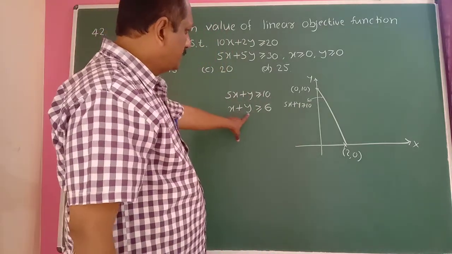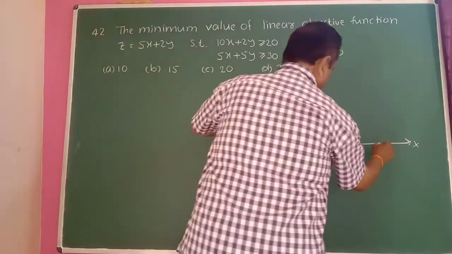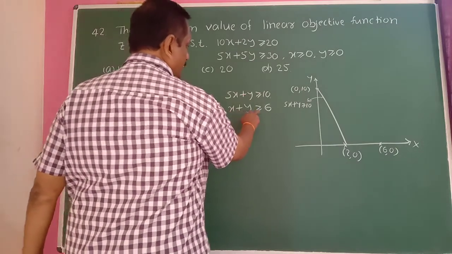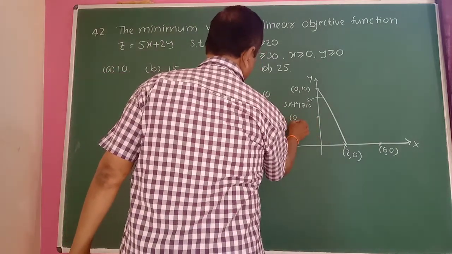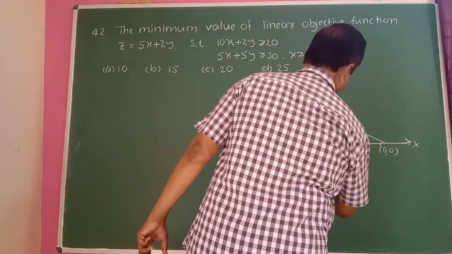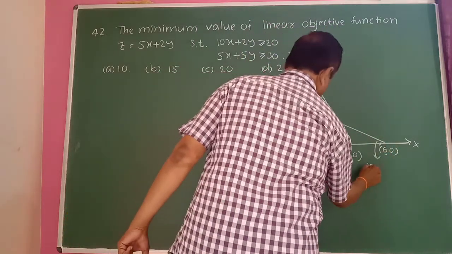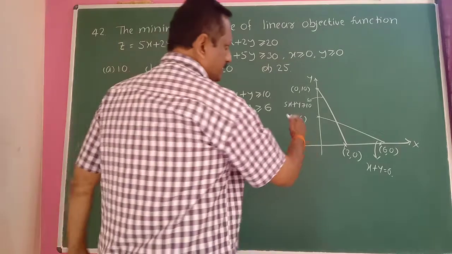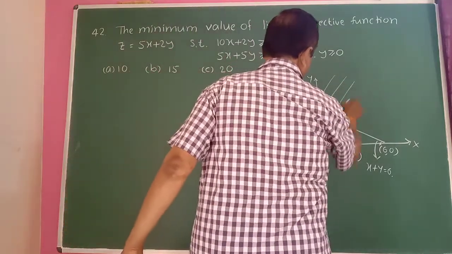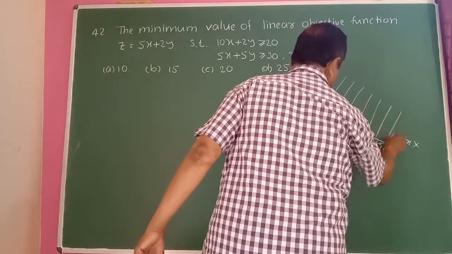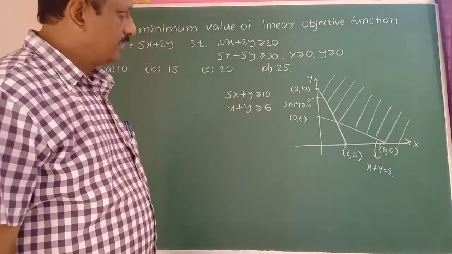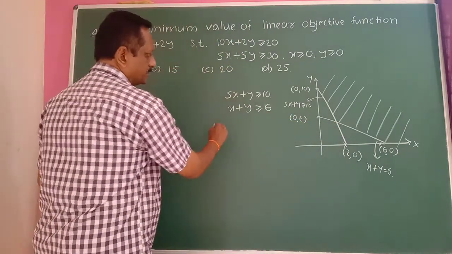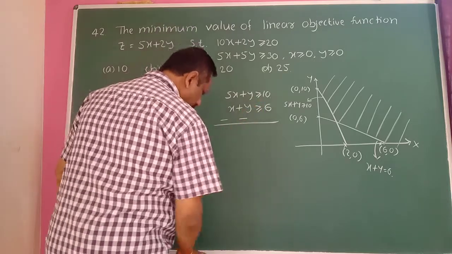Then here put y equal to 0, x equal to 6, so this point is 6, 0. Then put x equal to 0, y is equal to 6. Hence it is 0, 6, join them here. Therefore the equation of this line is x plus y equal to 6, and both are greater than, which means the shading is that side. So both the shadings meet at this region. This is said to be the feasible region. Then you find this coordinate point also. So solving means subtracting here. Okay, and here take the equal to sign.